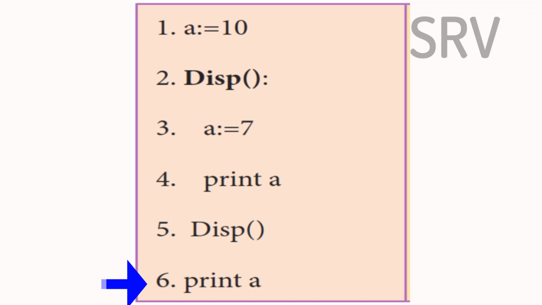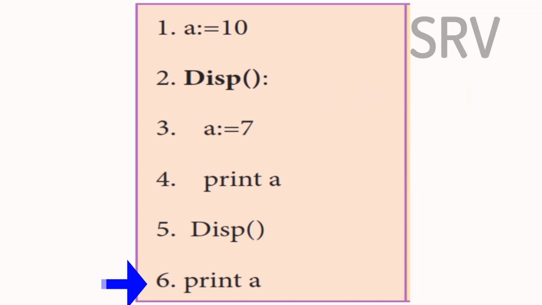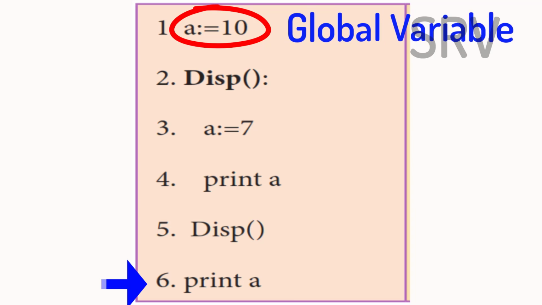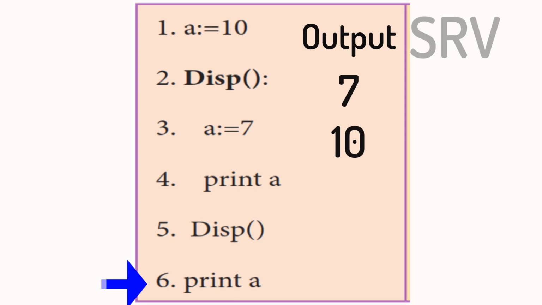Now here just notice that the a variable is being used inside this function also, but that a no longer exists outside the function. Here the a is being printed, but the value 10 that we have defined outside the function, a global variable which we have declared as global, comes into action. Now the value of a here is 10. So in this print a, the 10 gets executed. So this is what global scope is.